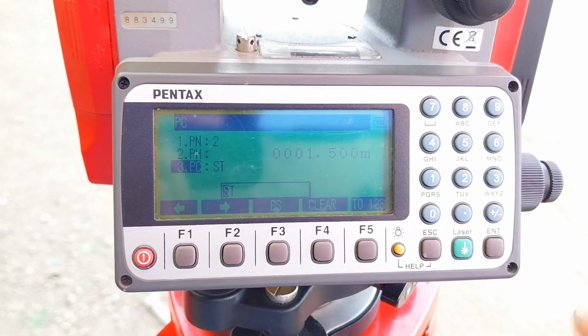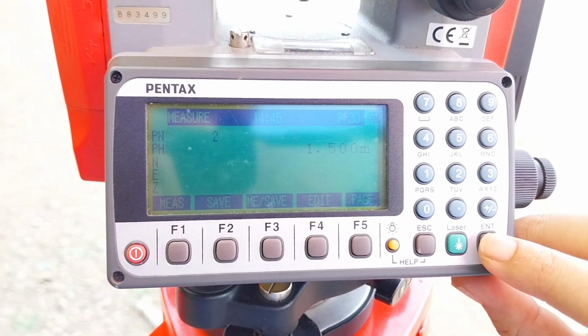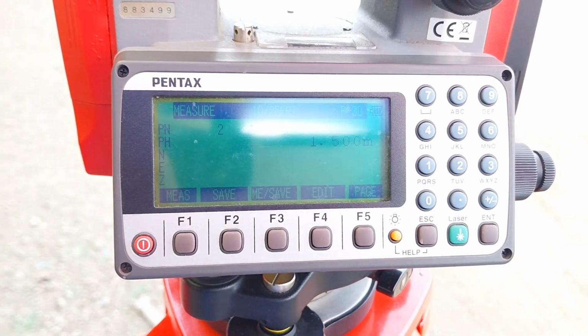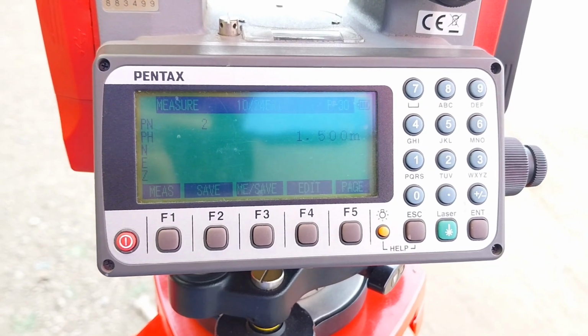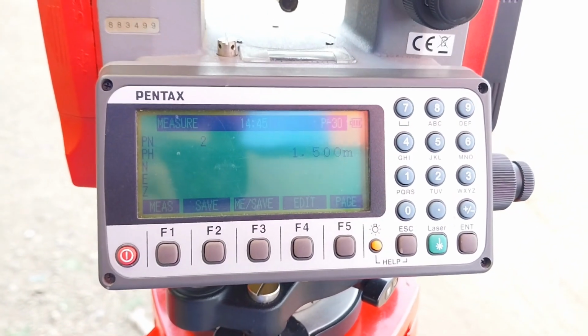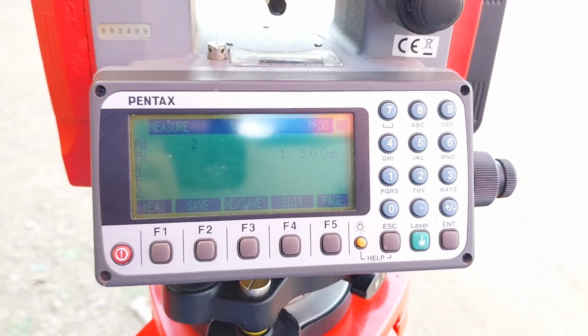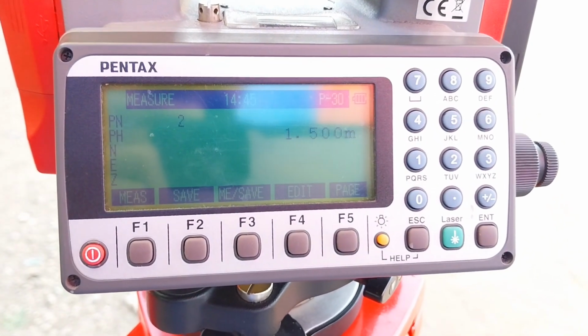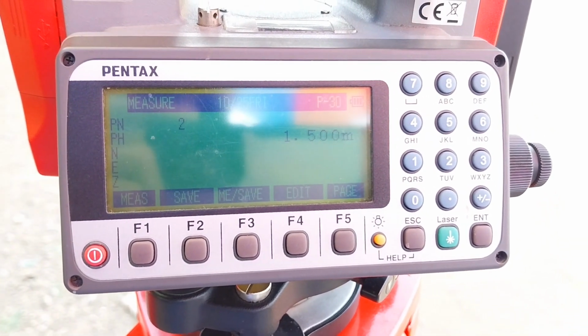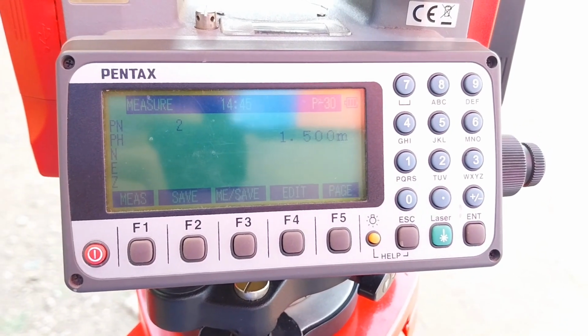Enter. Now we directly turn our telescope towards our first boundary point, and we are going to collect the northing and easting coordinates of that first boundary point.